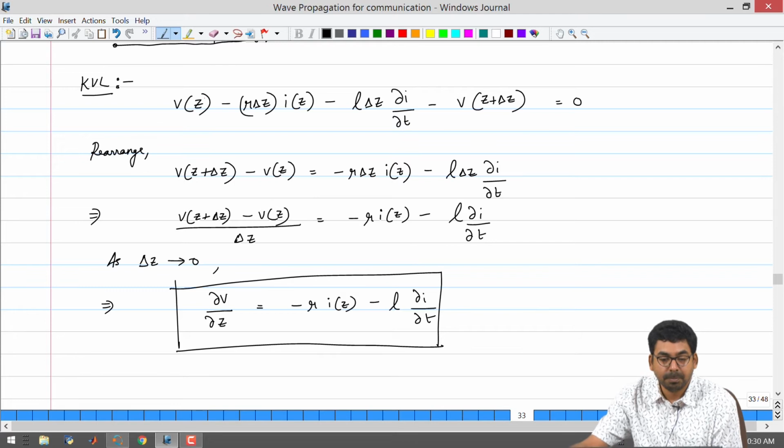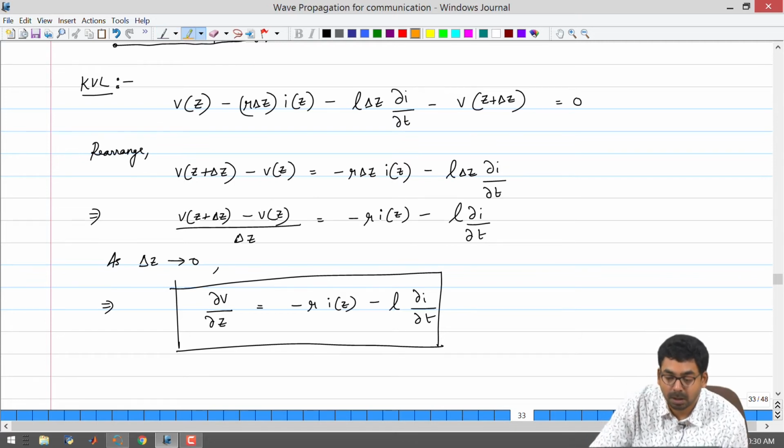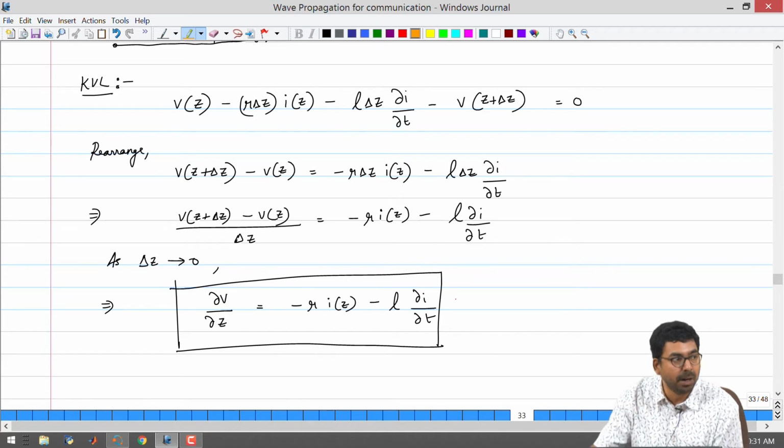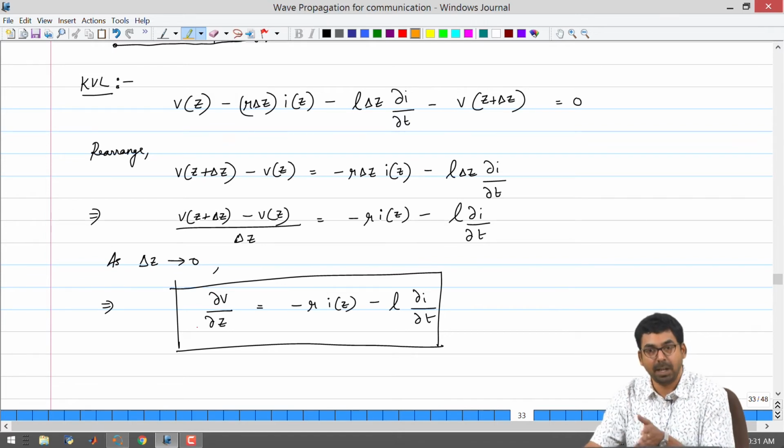from this equation, the objective is to figure out the current at the next instant of time, because the time derivative is for the current. So, the unknown quantity will be the current at the next instant of time. If you rearrange this equation, you will get the first telegrapher's equation, which we already have in the program, but there is going to be another term coming there, which is minus R I of z. This is the part that is going to come into your code. So, we can go back to the code and plug this part in.